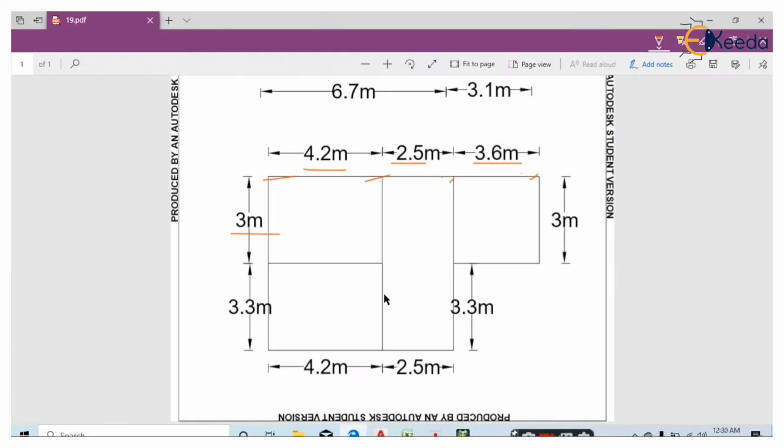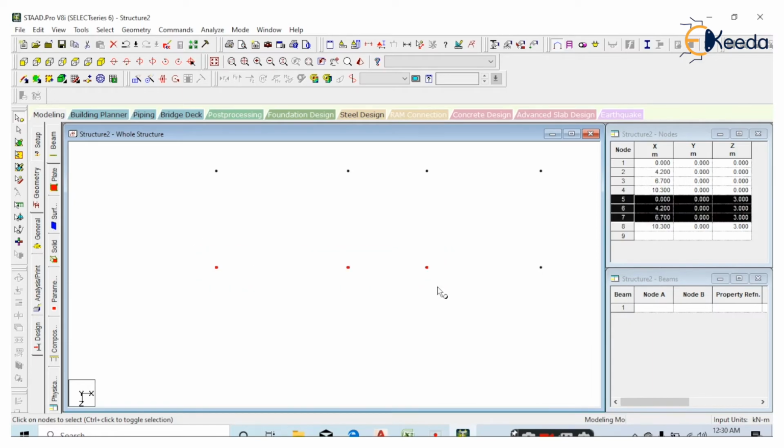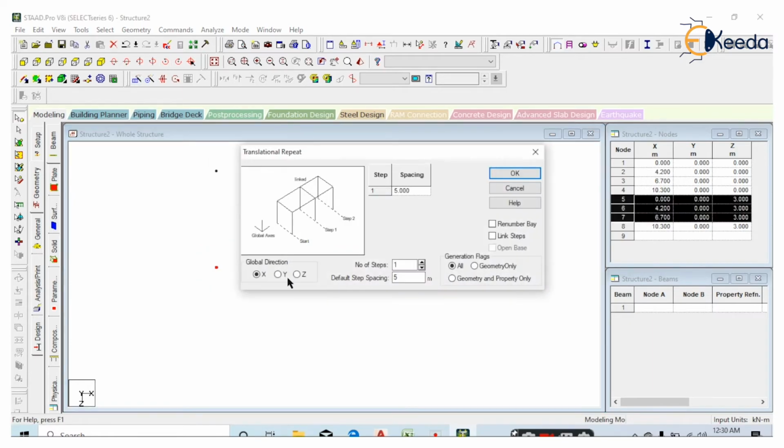Now once again select all the nodes and repeat it in Z direction. Spacing will be 3.3 meter. Select the nodes. Go to translational repeat in Z direction, one step of 3.3 meter. Okay.